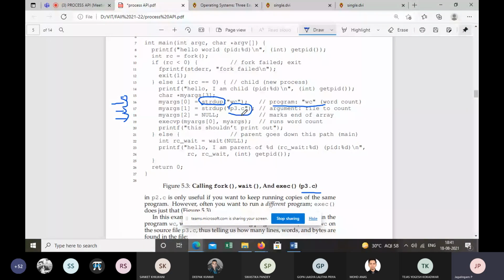And in line 18, in the third argument, we have used null, just to say that it's the end of the array. Now in line 19, we have used exec system call, and inside that we pass the arguments. If you pass 0, then it says that we want to run the code wc.